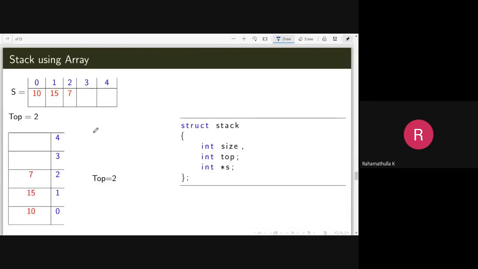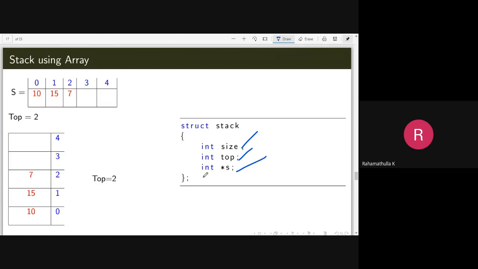Let's think about the actual implementation. In the ADT we have defined the stack as an array, or space for storing elements. For the sake of simple implementation, we'll take this as an array of size equal to 5, and you should have a top pointer. So it has a size, it has a top pointer, and space for storing.